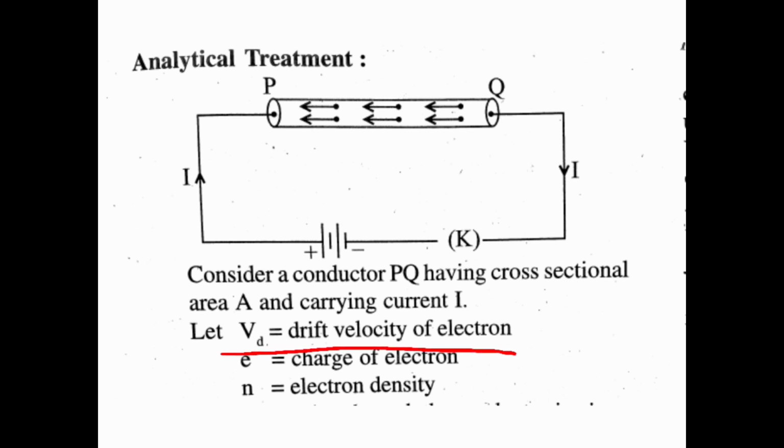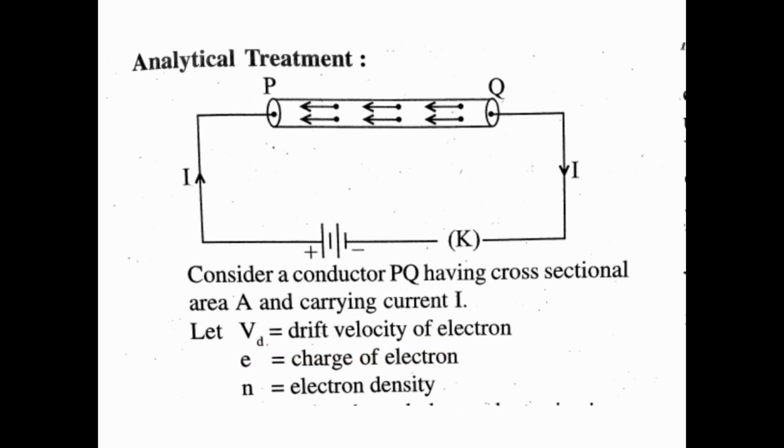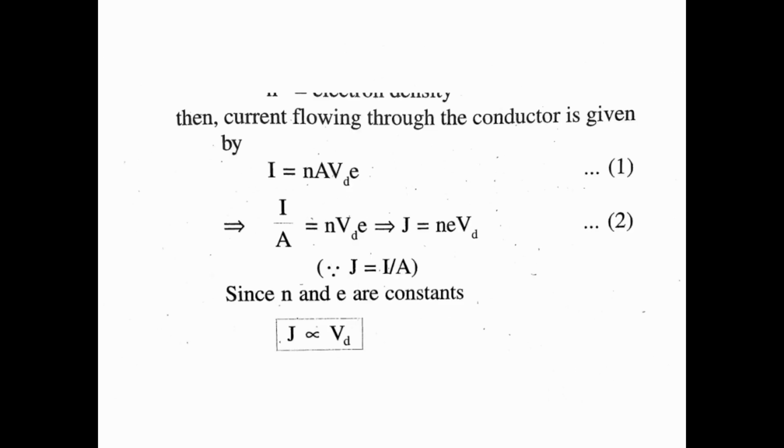Okay, and e is the charge of electron, and small n is the electron density. It clarifies that it is the electron density. Okay, next,